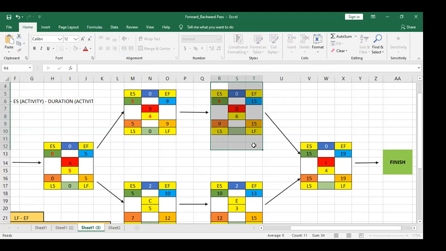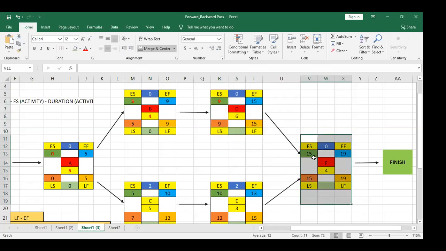Now this is predecessor and this is successor. So 15 is the early start. 15 minus 9, 6. 6 minus 6, 0. And because this is the last activity, for sure there is no further activity, so it will be 0 by itself. I performed 3 steps just to show you. By default, total float and free float will always be 0 on critical path activities.